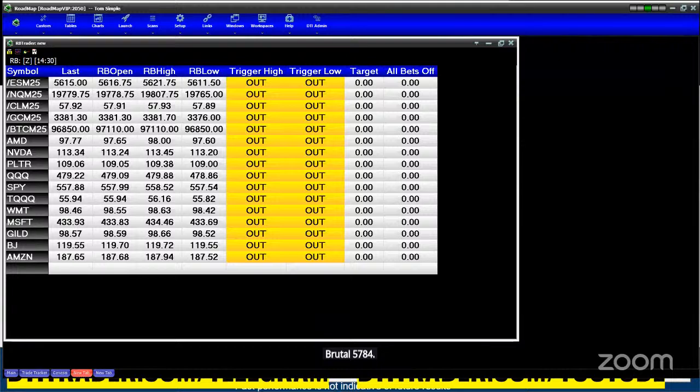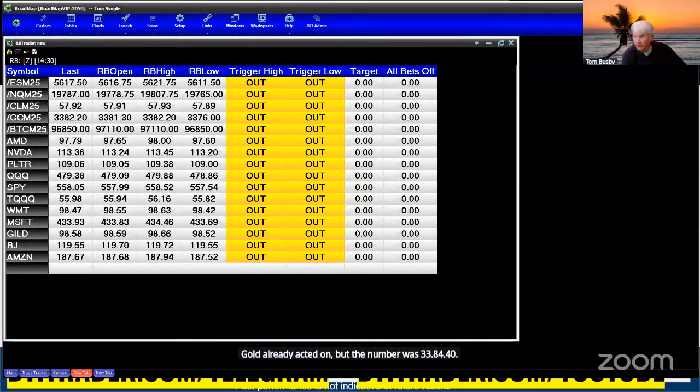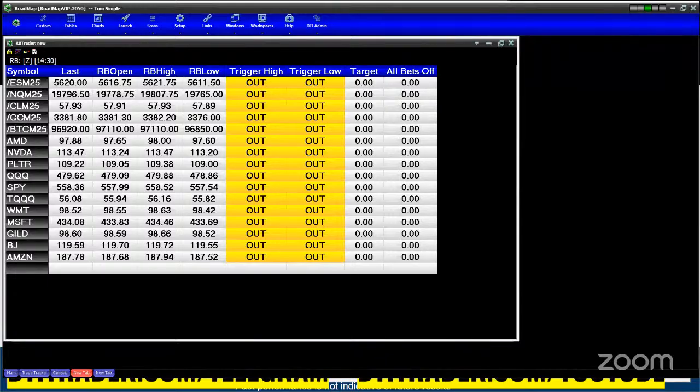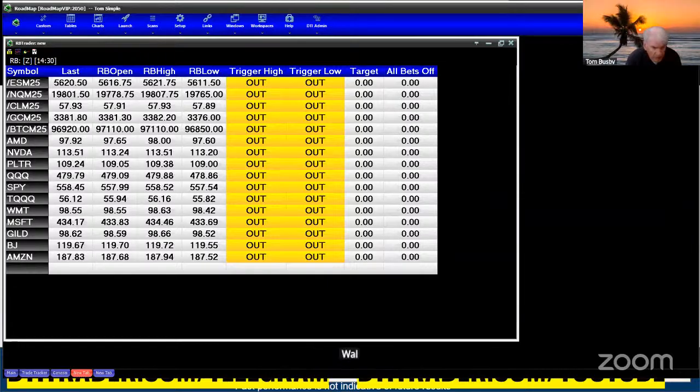Gold already acted on, but the number was 33.84.40. Yeah, it's at 33.82. It bounced off at where I covered, came back up. I'll probably trade it tonight. All right, what else? Walmart 99.55. Walmart. Looking for it on the ticker. I don't see it on the ticker. There it is. 98.54. So every ticker I gave you,